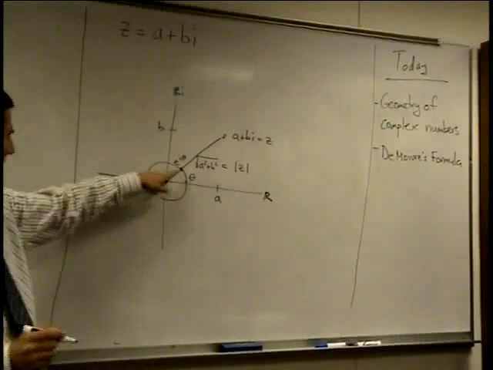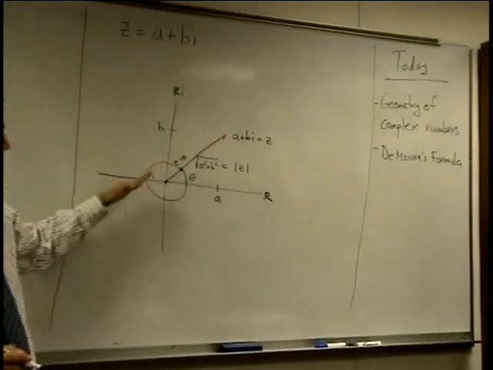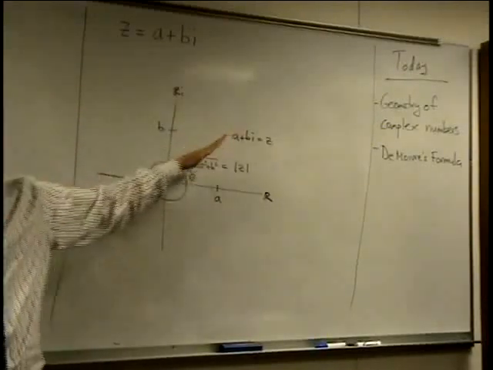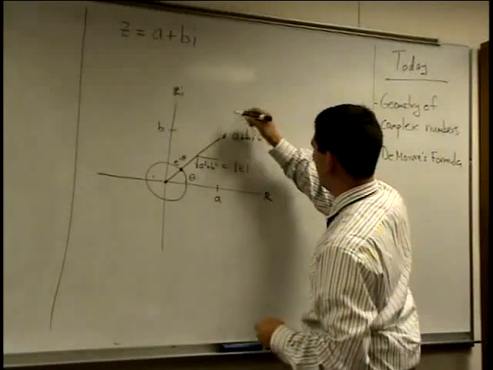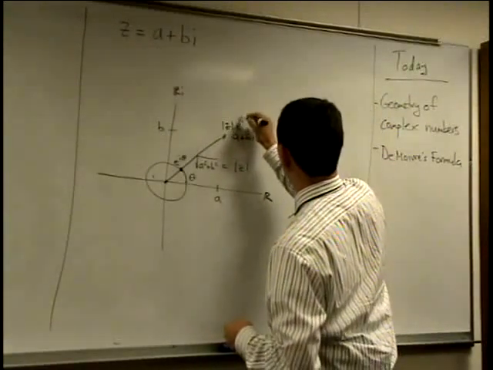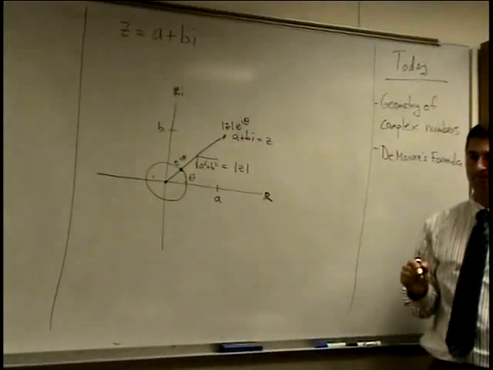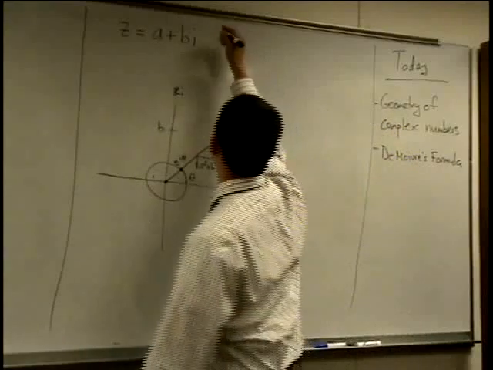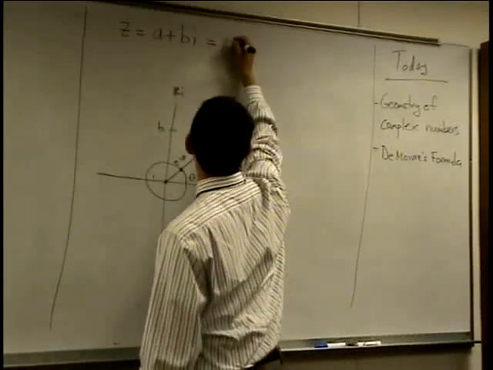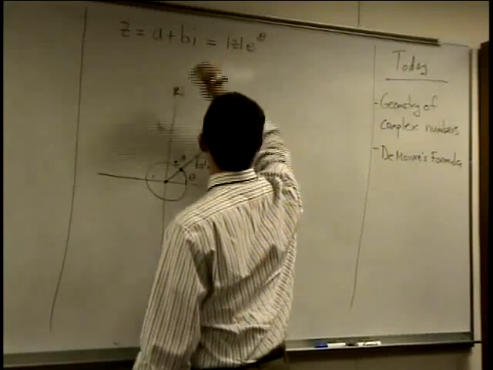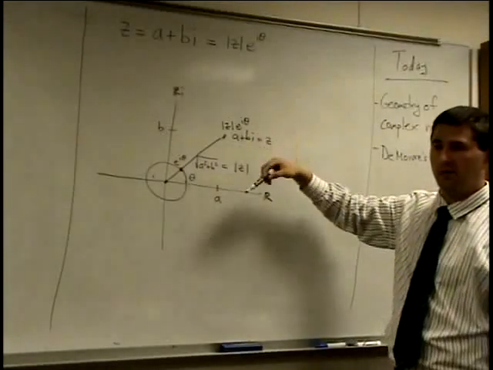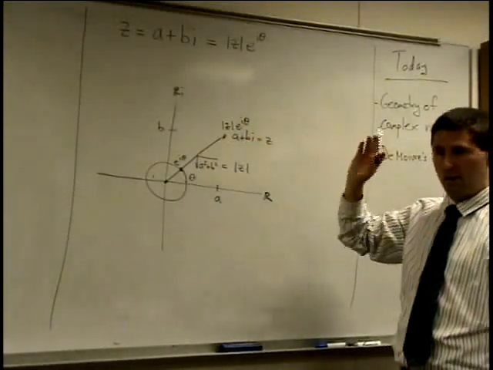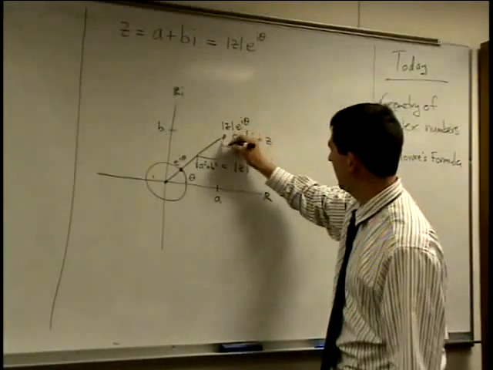And so if you want to go out to this point over here, all you have to do is multiply by the magnitude of z. And that'll give you the point out here. And so this point here in polar form is the magnitude of z times e to the i theta. So in general, we can write this z in two different ways. And you can just use trigonometry to work back and forth between these,